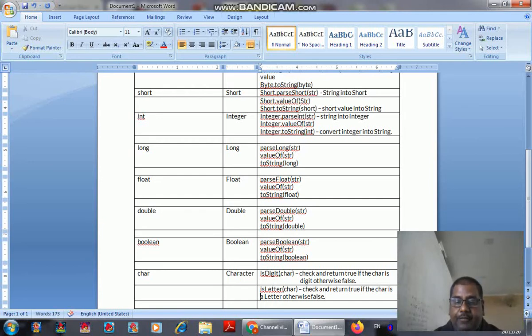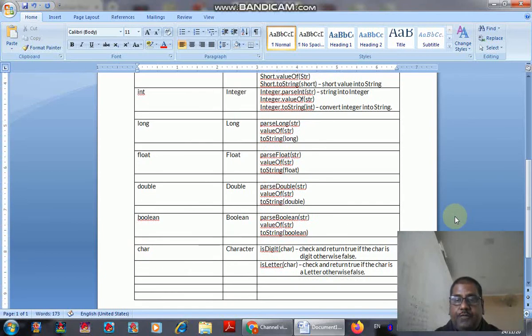Similarly, we have isLetterOrDigit. That means it is going to check and return true if the char is a letter or a digit, otherwise it is going to return false.